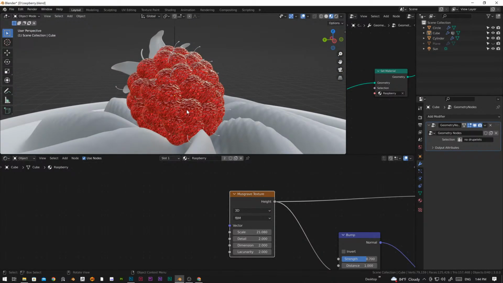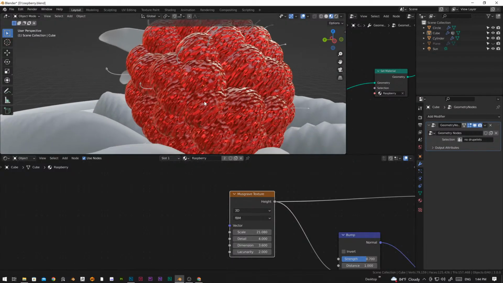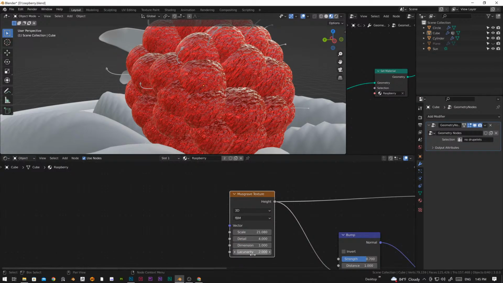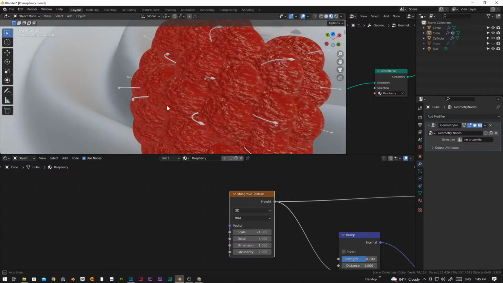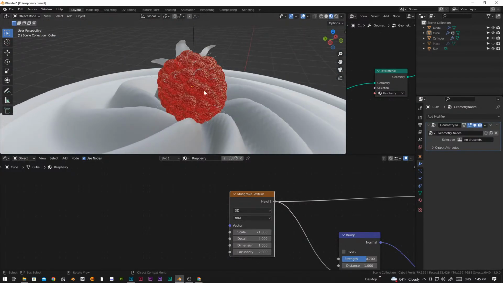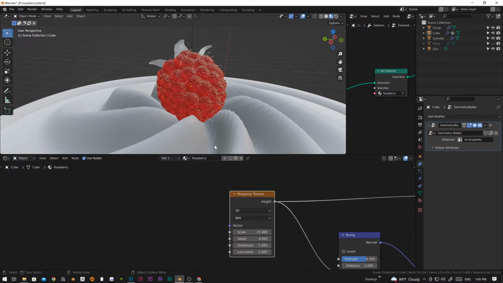And now we're also going to increase the detail to maybe 2.4, and let's set dimension to around 0.1. Yep, and that's it. Right now it's a bit rough, not appealing to the eye, but we're going to fix it